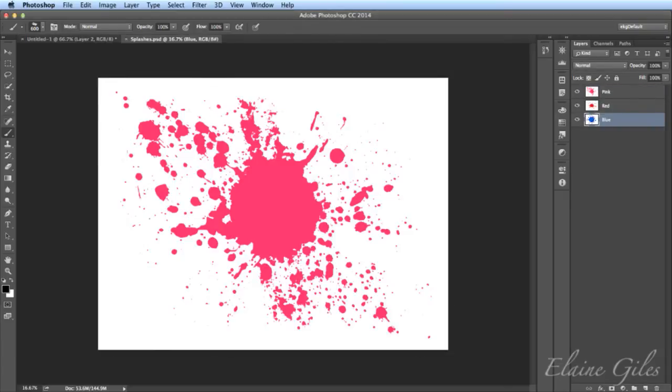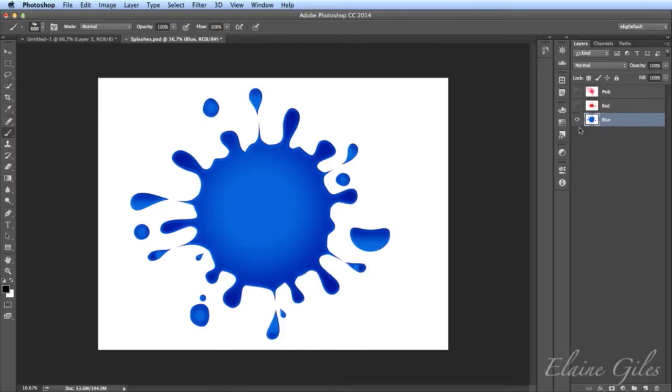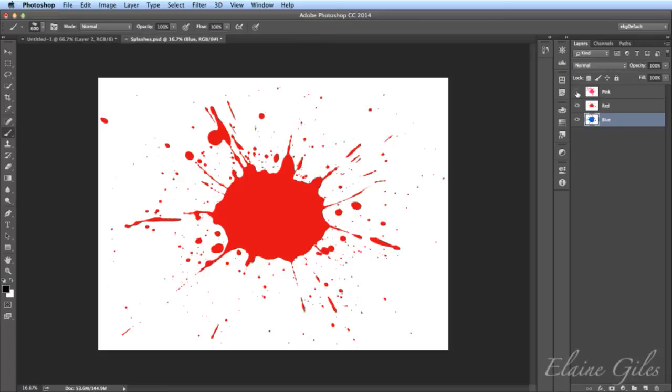Here we are. Let's open up that one. There we go. This is the file I'm looking for. These are not brushes at the moment. These are just images. You can actually download these. I'll make sure the links are available after the session. These are just images that you can download from a site called PSD Graphics. If you've never been there, it's a fantastic site. I highly recommend you go and have a look there. And what I've got are three different splashes. So I've got the pink splash at the top. I've then got the red splash and I'll have the blue one at the back.